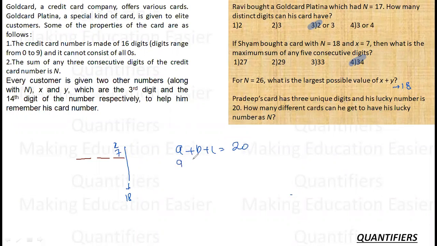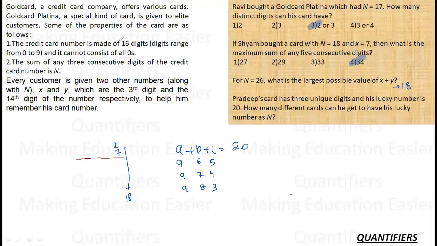Let's say this is 9. So if this is 9, then this is 11. What are the possibilities? 6 and 5. What are the other possibilities? 7 and 4. Other possibilities 9, 8 and 2, 8 and 3. 9 9 is not possible because all the digits have to be distinct. So these are the possibilities with 9 being the highest number.